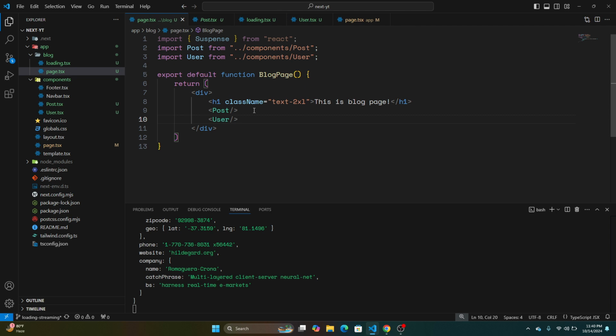Then Next.js will render the page on the server side. By rendering this page, Next.js will generate some HTML and other related things. Then the Next.js server will return HTML, CSS, and JavaScript for this page. Then our client, our web browser, will